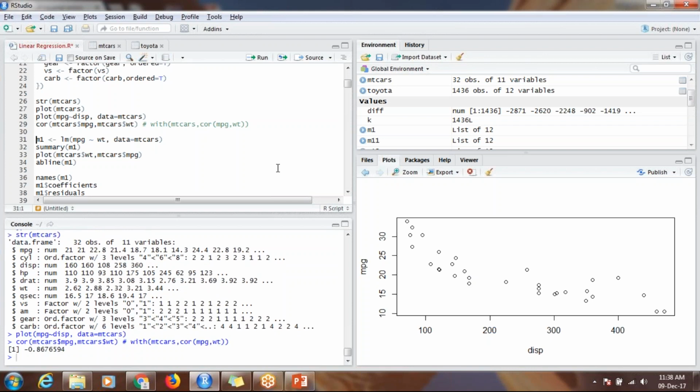So correlation is also quite good. So let us create a model only using weight. I'm explaining my mileage using the weight of the car, and it is quite significant because, as you see,